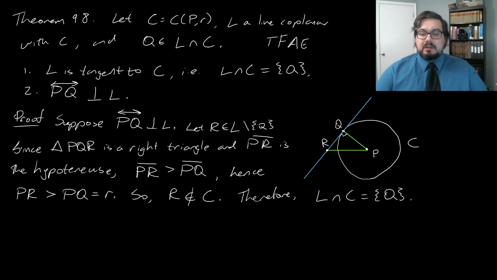proof. So for the other direction, rather than proving 1 implies 2, we're going to prove the contrapositive of that. We're going to show that if 2 doesn't hold, then 1 doesn't hold, and that'll finish up the proof. For this, let me get a new page, and we'll say, so now let's suppose that the line PQ is not perpendicular to the line L. So the picture here